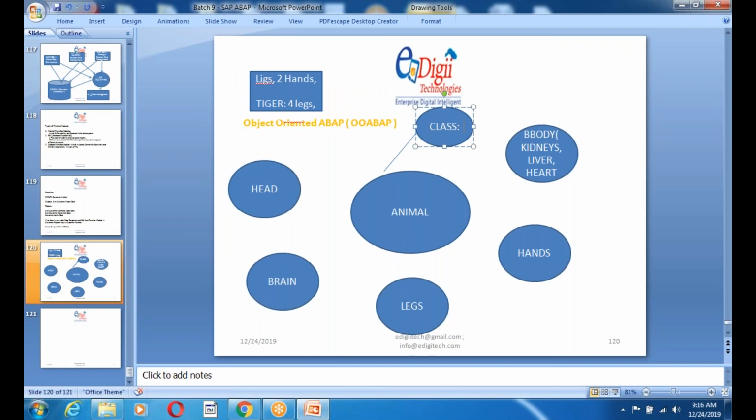Animal is in a class, case. It's in a skeleton. Okay, the skeleton is for the animal skeleton. We need the brain, we need the head, we need the legs, we need the hands. Okay, we need the body, we need, sorry, kidneys, we need the liver. So there are different kinds, based on something, but there are some unique properties which we need to